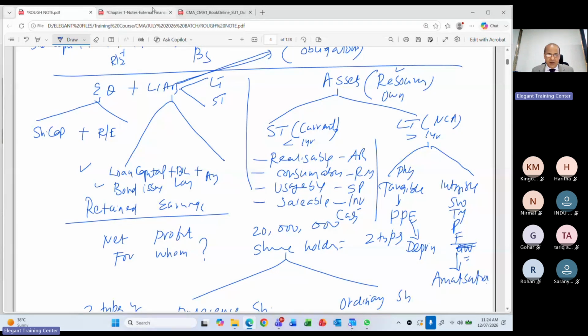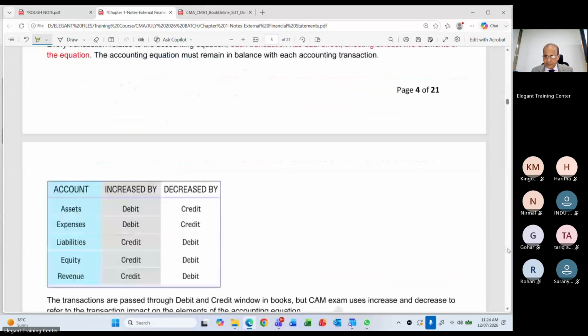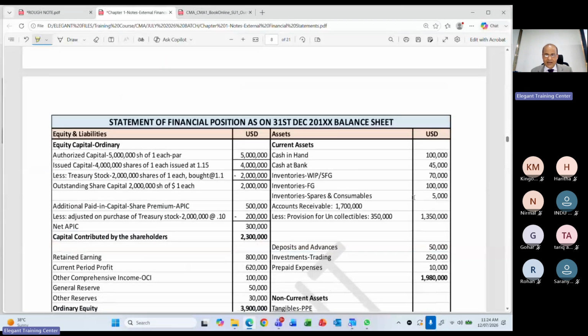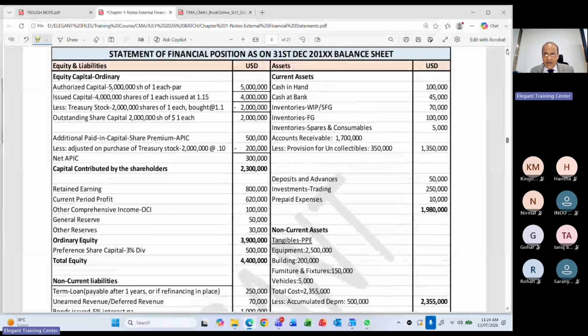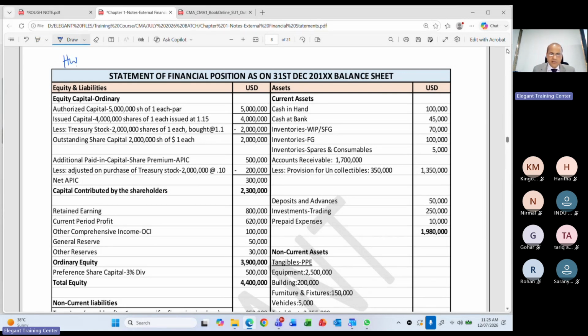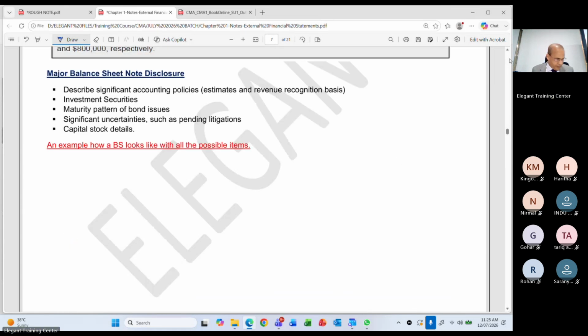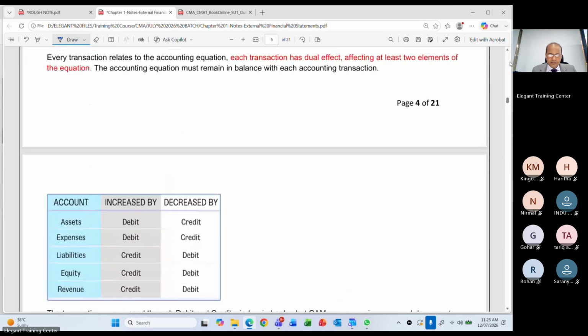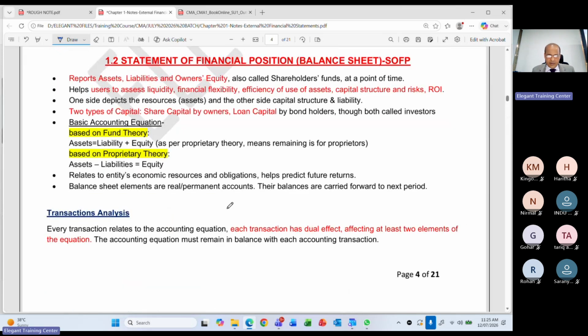So I have a balance sheet here just to show you. Very well designed. You can see this balance sheet I have prepared here as a template. This balance sheet has all the items, not a single item left over. You have to go through the balance sheet, okay? That's your homework. So let's go further. Balance sheet, okay, that we discussed already.